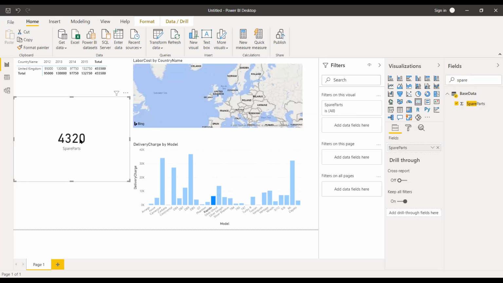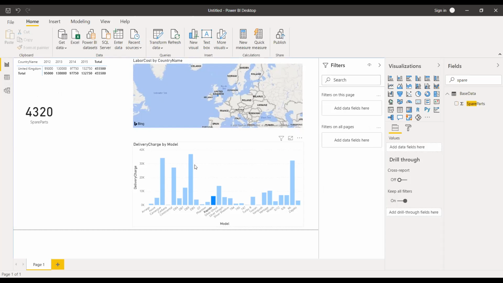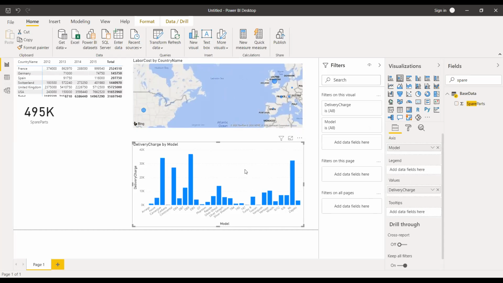So you can see that the spare part total cost is 43.20. This is a small piece, because this spare part cost is related only to this selected item. If we want to see the spare part cost overall, just click somewhere else in this model.